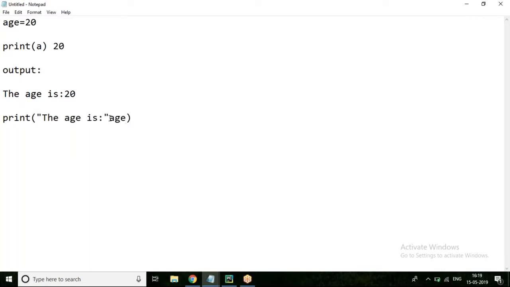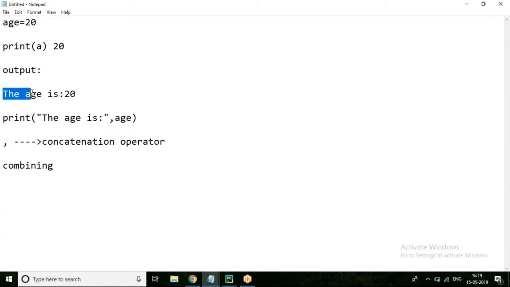So what you have to do now is put a comma over here. Why should we put a comma? Comma is nothing but a concatenation operator in this context. Concatenation means combining. What you are combining actually is two things in one line.